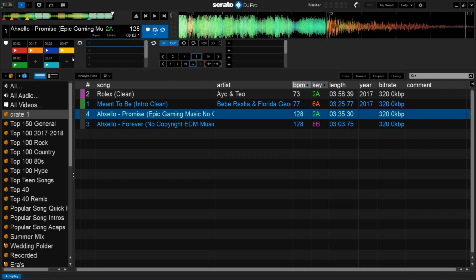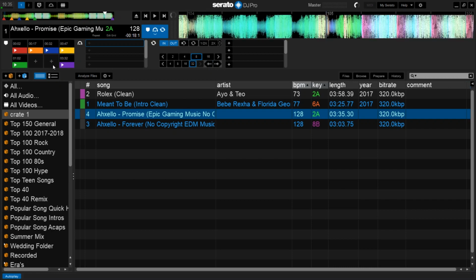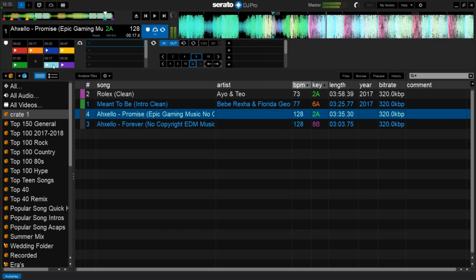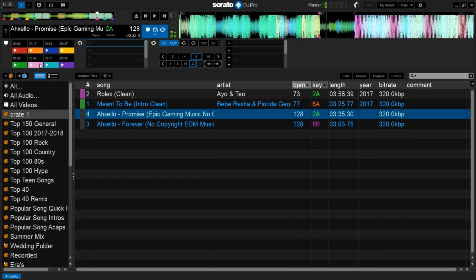What we'll do is we'll start from the end of the track and work our way back. Obviously that's the end, bit of a swish synthesizer sound. Alright, so 32 beat jumps backwards. Here we go. So that's 32 beats between that blue hot cue and the purple hot cue, right? So we're going to go 32 back again, add another hot cue,